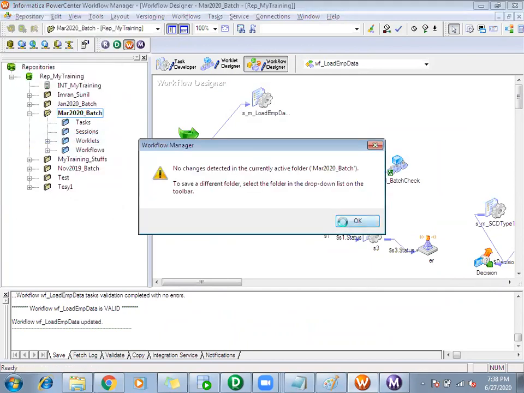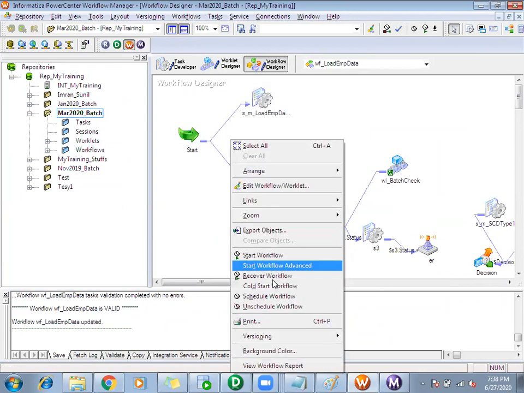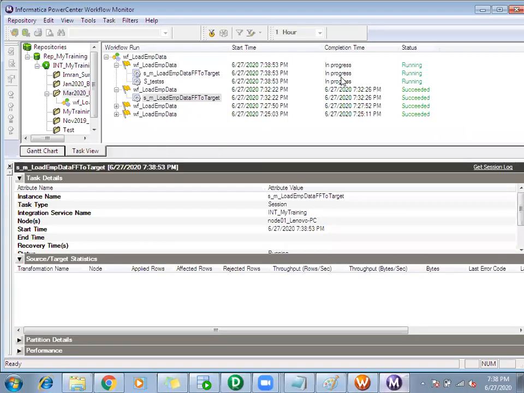so what we are doing is, for both of these, the source is the same. My actual target is a table. In the test session, I'm loading it to a flat file. Now you can run both of these in parallel.